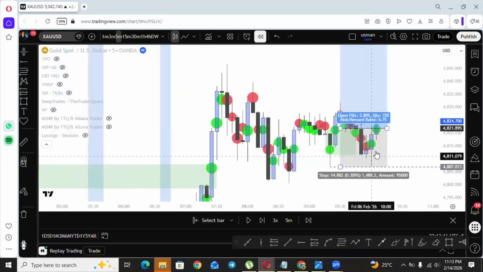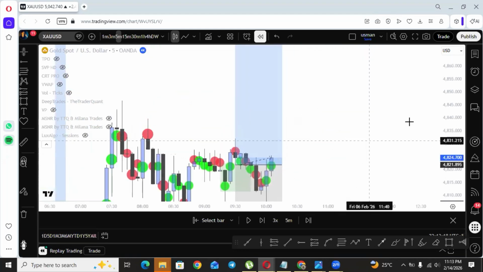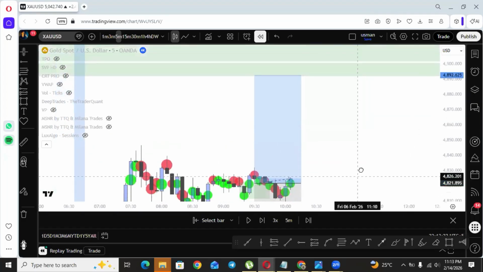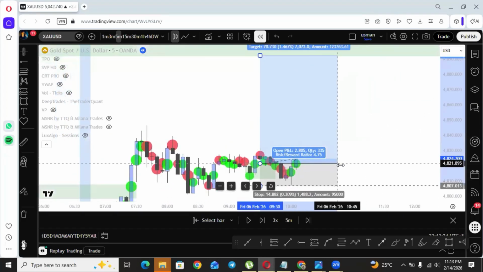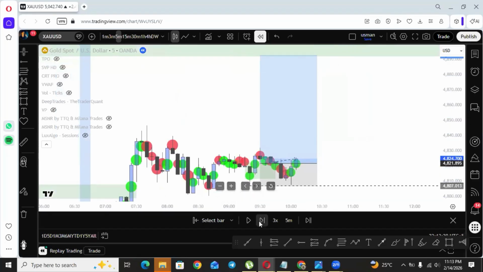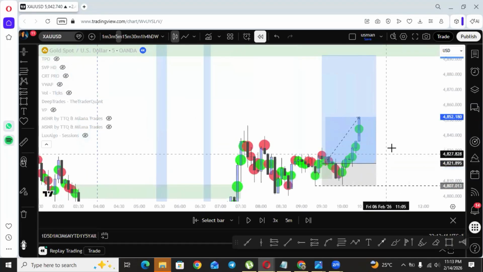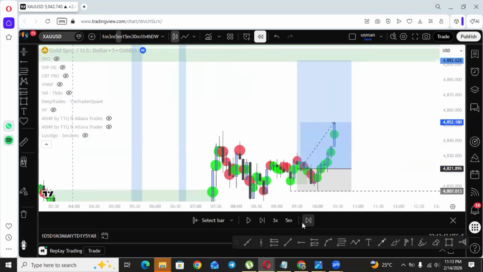Okay. So there is very low probability for the market to hit your stop loss when this A plus setup is formed, and we only trade the A plus setups. I have never shown you guys setups which are not A plus setups. I only trade A plus setups, and that's why I may hit one SL in the week, and the rest of the entries will be take profit.